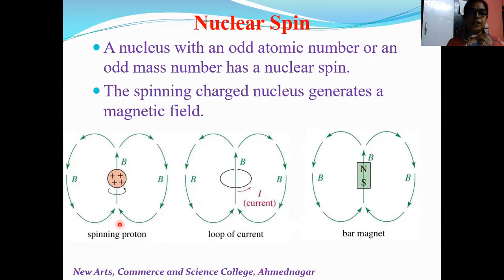Now if you compare these three things together, you will notice that the magnetic force for all three is the same. That is, it works in the opposite direction at the outer parts of this magnetic field in all three cases. This means that the magnetic field of the spinning nucleus, the magnetic field of the electric current, and the magnetic field of a conventional magnet are the same. Therefore, they are compared together. That is, their behavior is very similar.